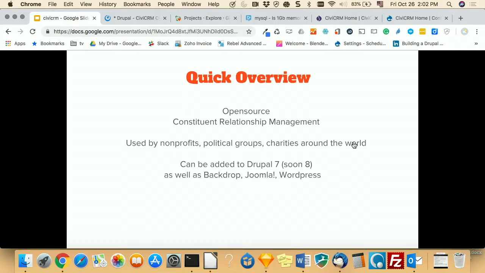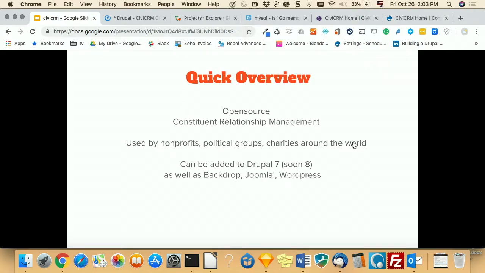So if you're a small nonprofit and you're selling, like for the current place I'm working, we're selling a book as one of our things that we do, but we also solicit donations and stuff like that. So having a place to manage that all centrally instead of using MailChimp for your email and then Eventbrite for your event ticketing and then Drupal Commerce or some other Razor's Edge and whatever to manage donations and money flow, you can do that all in one open source free solution that just plugs into